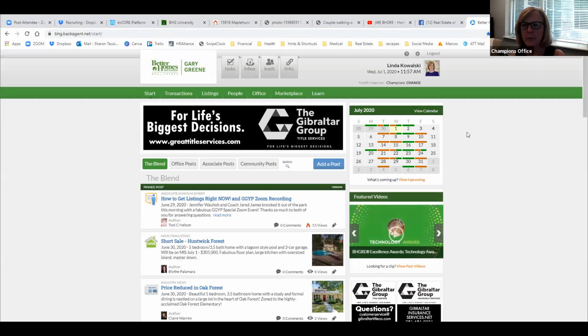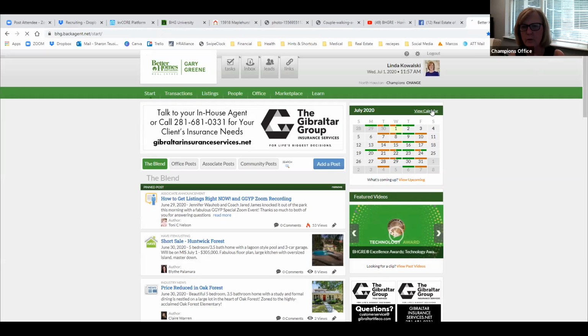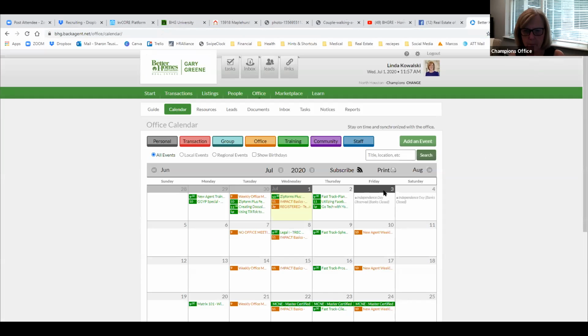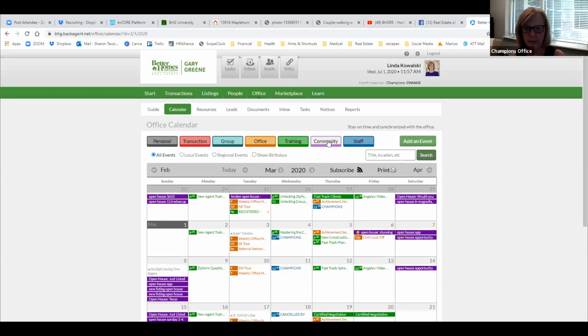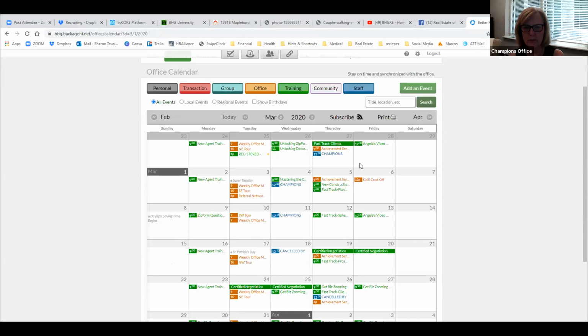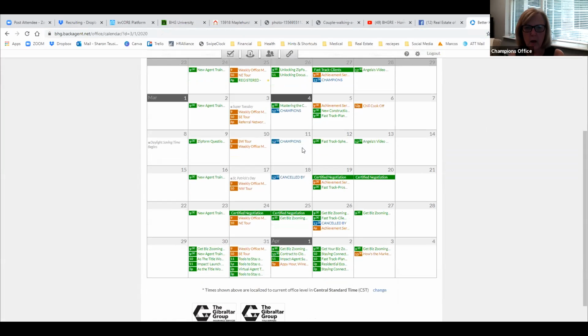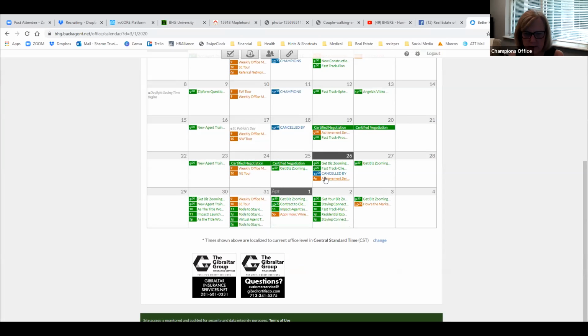Okay, if you go to Back Agent, see right here on the calendar, if you hit View Calendar and go back to March when all of Impact started for us, remember if you click on purple, it takes away all the purple things on your calendar. So here at the end of March, see where it says Get Biz Zooming and things like that. If you click on these,